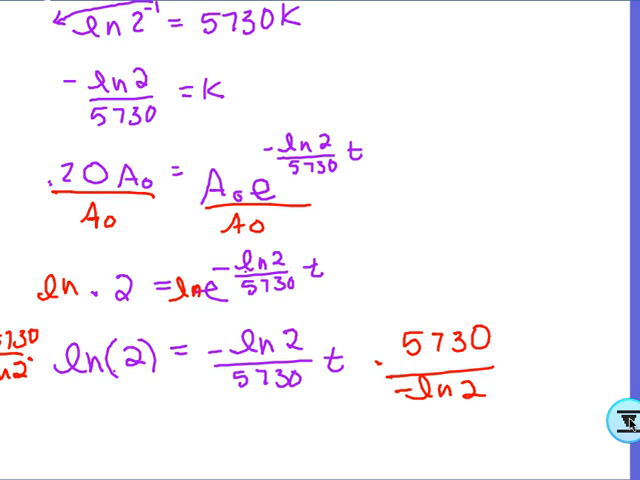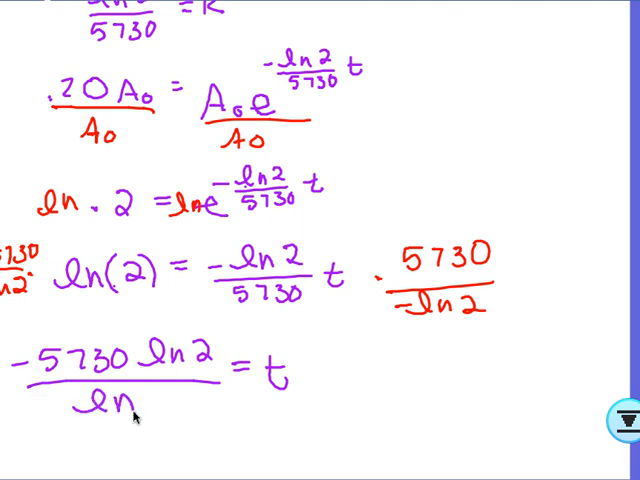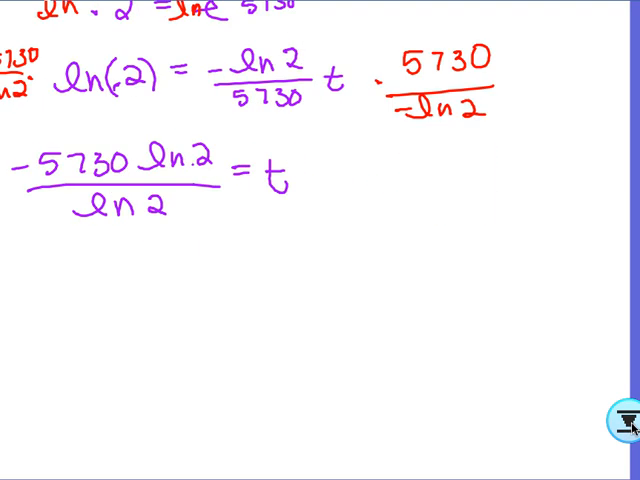okay, so then I'm going to have my t is equal to 5730. We can put the negative up top, natural log of 2 divided by natural log of 0.2. Kind of lost my 0.2 there. Okay, you do that math, put it in your calculator. My time is approximately